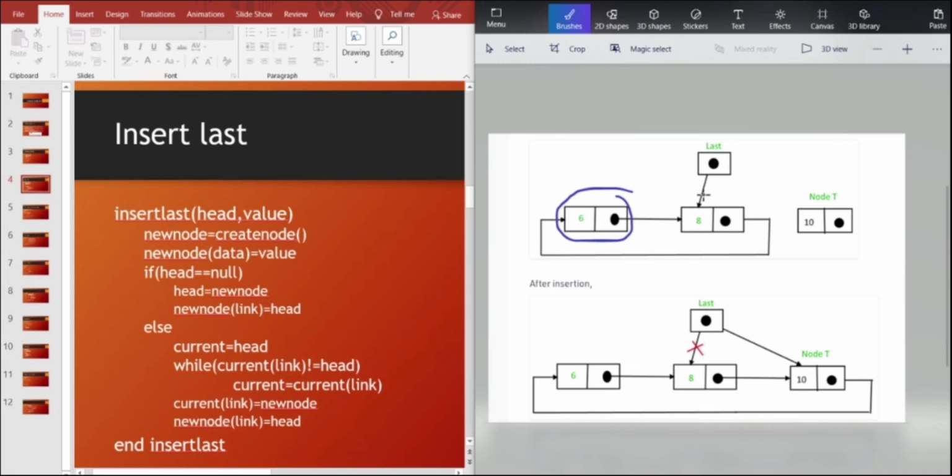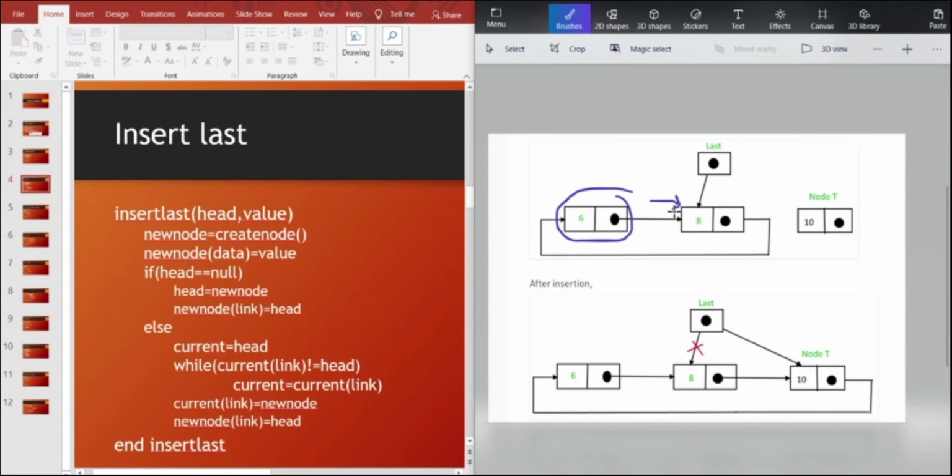First we check whether the head is equal to null. Here head is not equal to null, and we set current equal to head. So this is the current node, and we check whether the current of link is equal to head. Here the current of link is not equal to head, so we set the current equal to current of link.